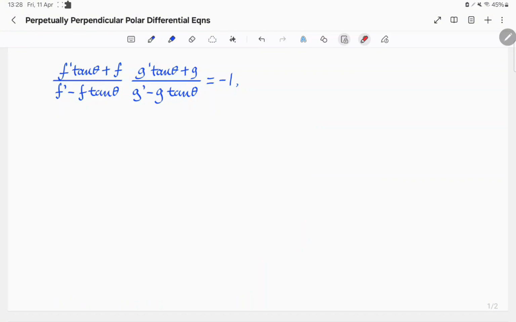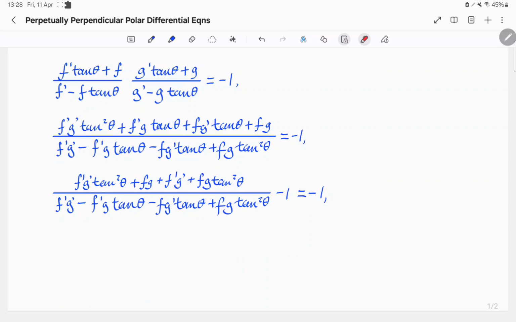Multiplying out and then simplifying somewhat, we have that f prime g prime tangent squared theta plus fg plus f prime g prime plus fg tangent squared theta, all over f prime g prime take f prime g tangent theta take fg prime tangent theta plus fg tangent squared theta, all take away 1 is equal to negative 1,